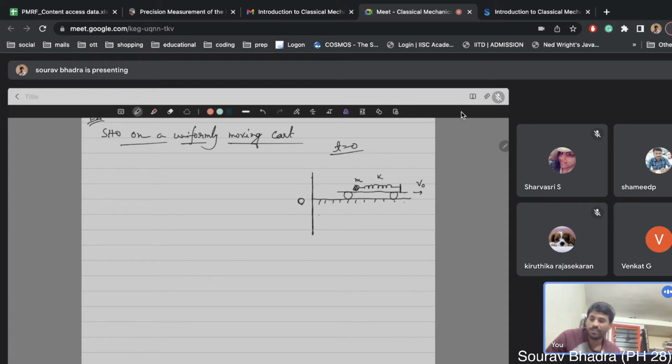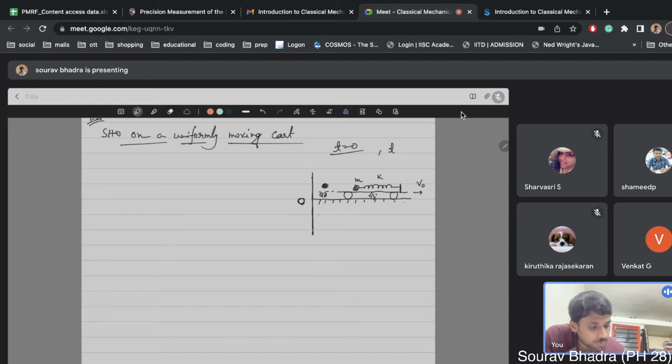Okay, so this is the origin of the system, and at t equals 0, suppose the cart was in this position, the front wheel will be there, and the mass was in this position. So at t equals 0, the cart is this one, and the mass was in this position, this is m, and after a time t,